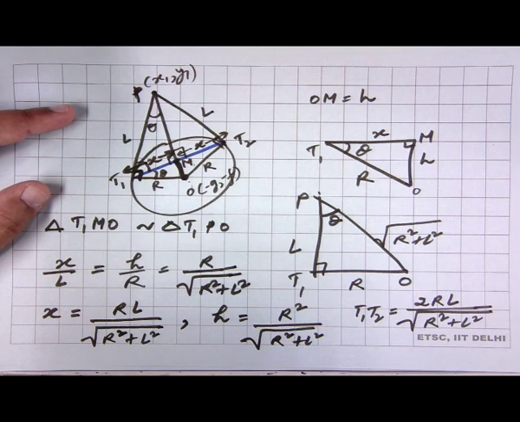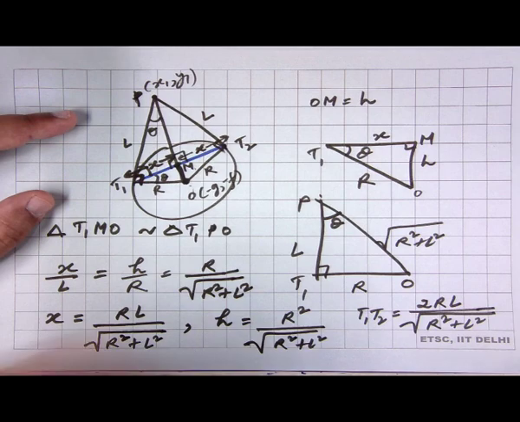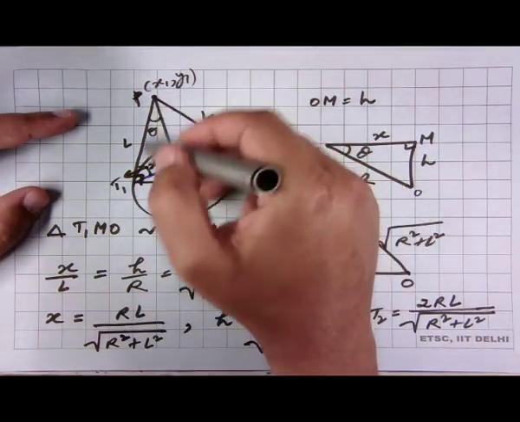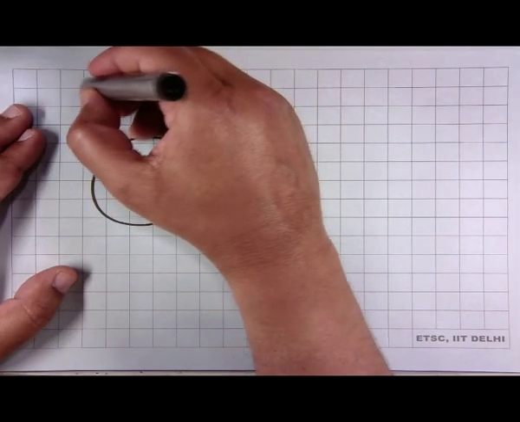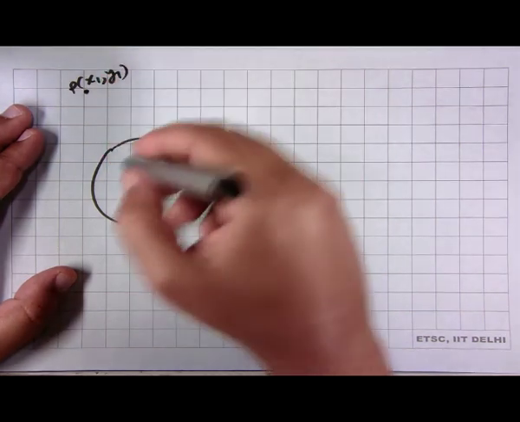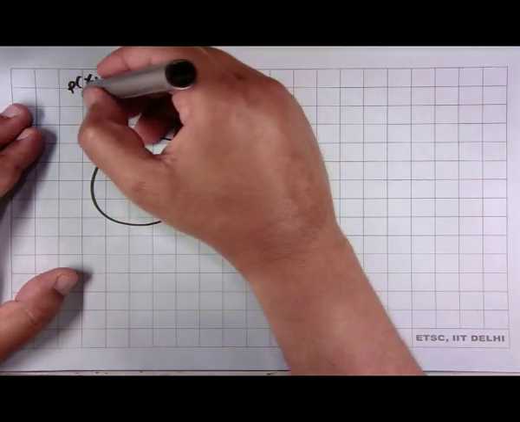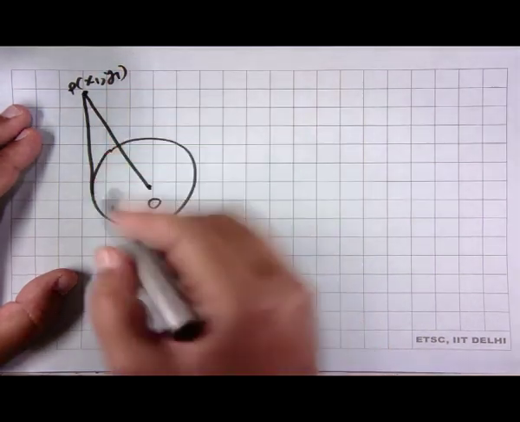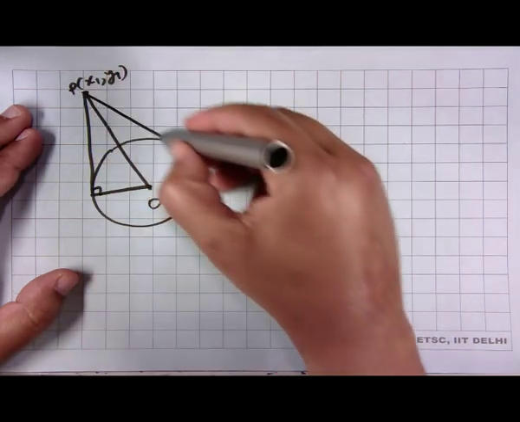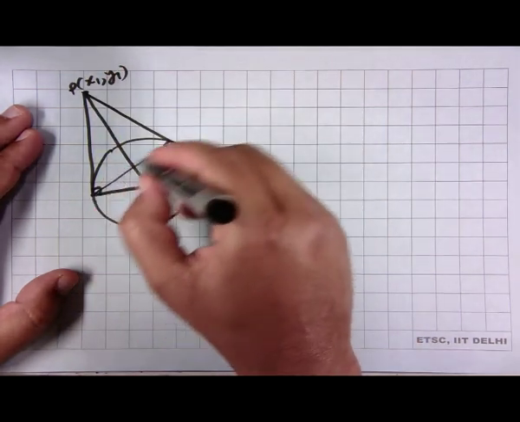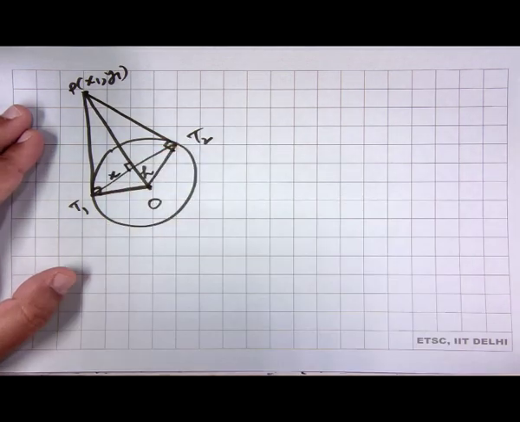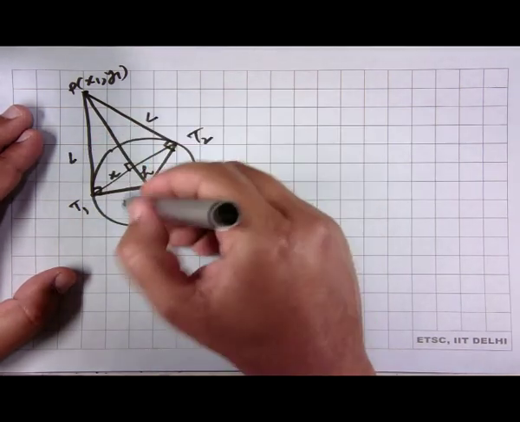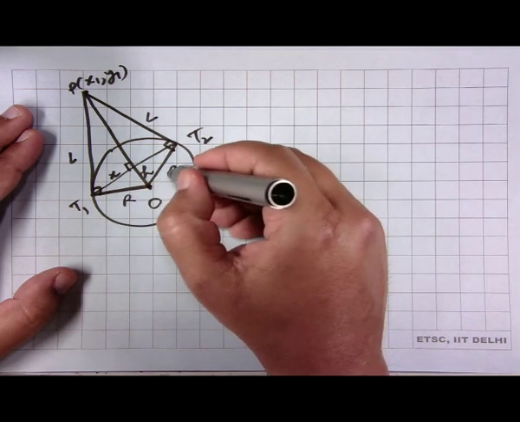For example, we can find out the area of the triangle PT1T2. So how do we do that? Now clearly